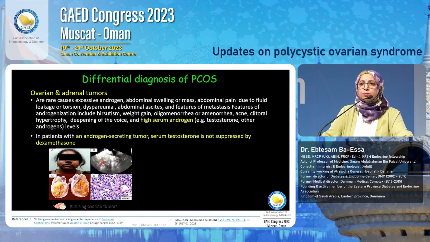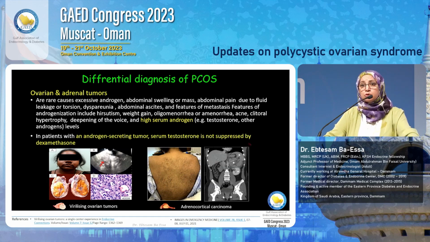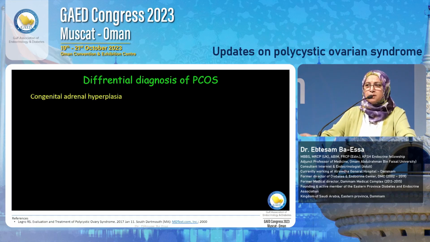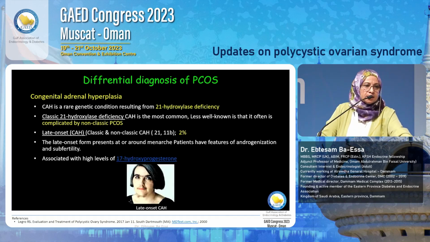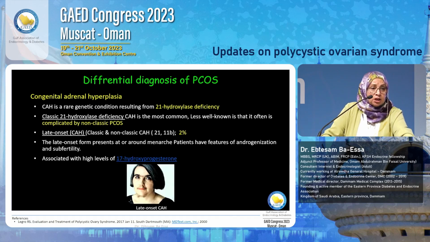Ovarian and adrenal tumor, again, this is another differential diagnosis that should always be seriously ruled out. However, they present with severe symptoms of hirsutism and virilization. Sorry, I'm a bit fast for the sake of time. Congenital adrenal hyperplasia, again, may present at a younger age, and the most common of which is 21-hydroxylase